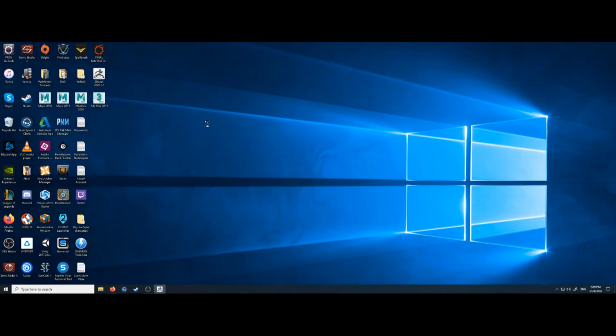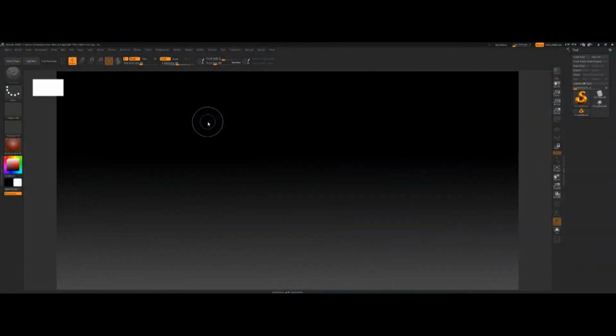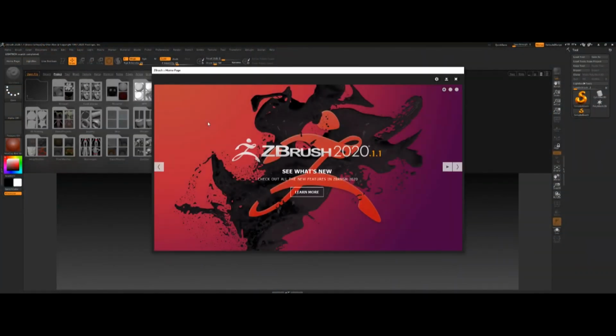Okay, welcome to my basic blocking tutorial in ZBrush. We're going to go over some of the basic functions of ZBrush, and then we'll get into making a mannequin, essentially unifying it under a single mesh, and then we'll probably pause there. I wasn't able to figure out how to get the capture onto my tablet, so I'm just going to be using a mouse and keyboard